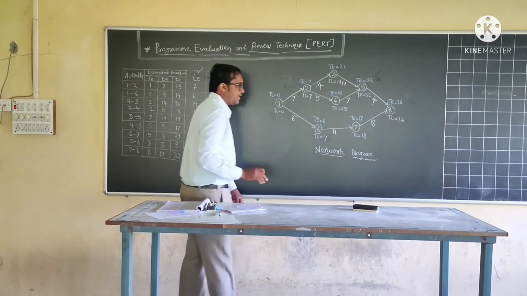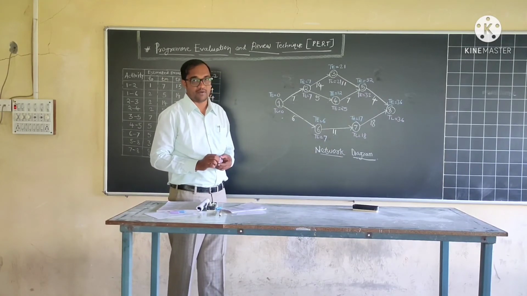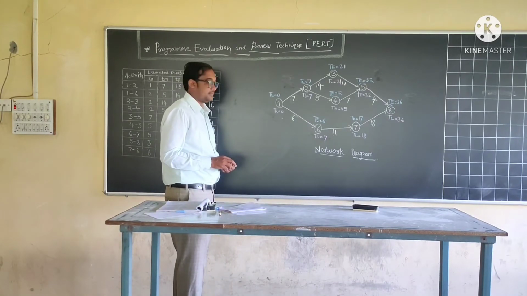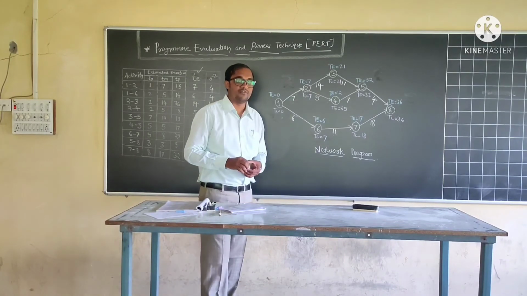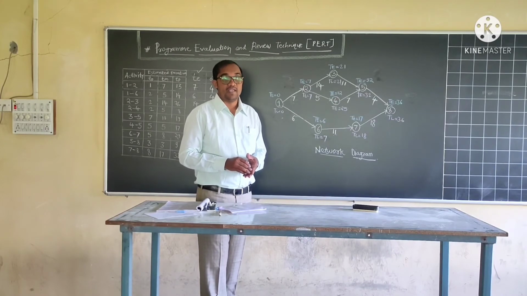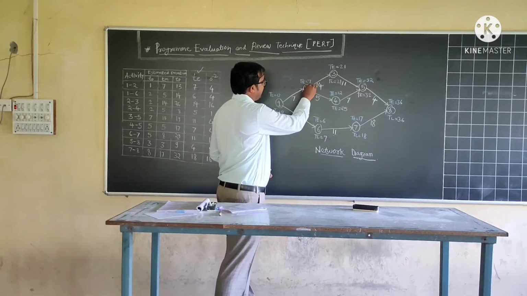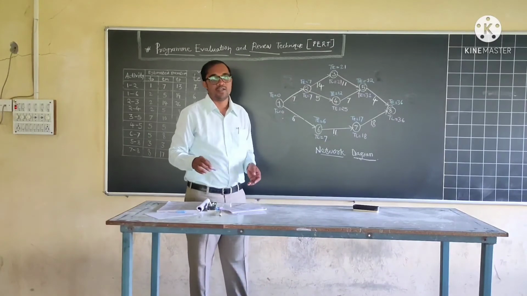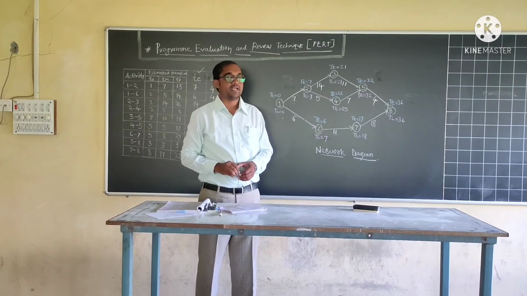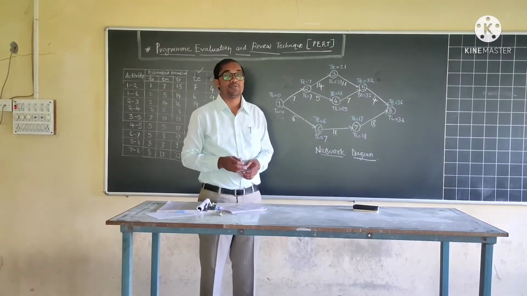So in this way, we have calculated all the values of TE and TL with the help of the forward pass method and backward pass method. Now we will see which is the critical path. Okay, so there are two conditions which must be fulfilled. First of all, the TE and TL values from the path should be equal, like this: TE 0, TL 0, TE 7, TL 7, like these. All the values of TE and TL will be the same from that path. That path is called the critical path, and also it should indicate the maximum project duration.